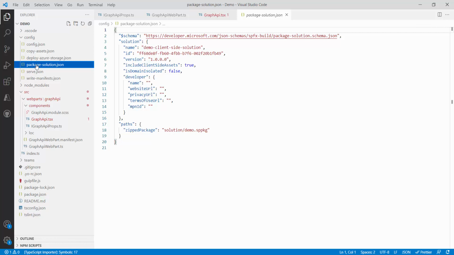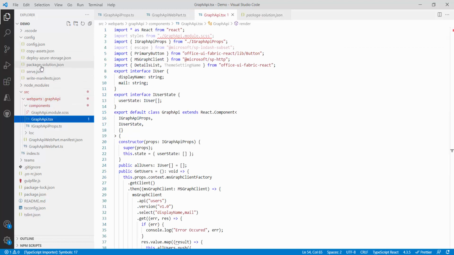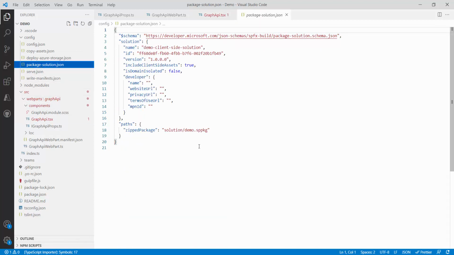To overcome that, there's a workaround. You can create a blank solution, check for the permissions in the beginning, give the permission, deploy a package to your app catalog, and then you can easily test in the workbench. Or you can create a basic prototype of your solution and then deploy. So here my solution is kind of ready. First I will show you with gulp serve that it will not work, in both workbenches. Then I will give the permissions and test it again.